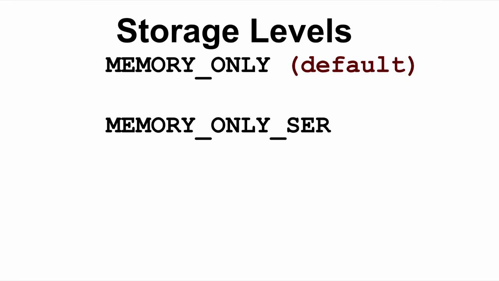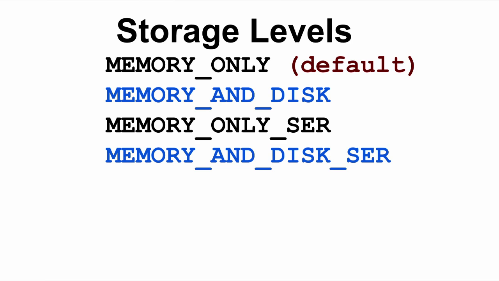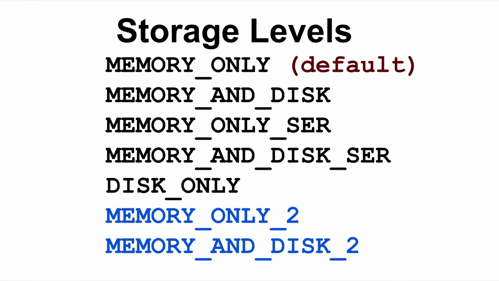If you know that it's even then not going to fit in memory, you can choose to actually have it hold as much as possible in memory and spill the rest out to disk. Or, going with the lowest performing, you can say disk only, meaning don't keep this in memory, but store it out in a temporary location for me to pull up as needed. And kind of the last set of options you have as far as storage levels, in this case it's memory only 2, which means I'm going to keep this in memory, but actually replicate it across the nodes.